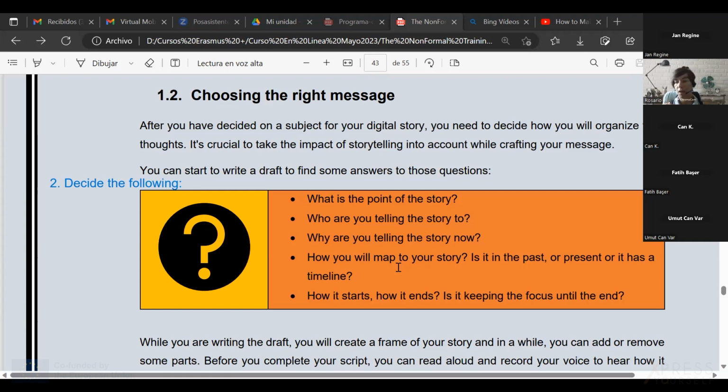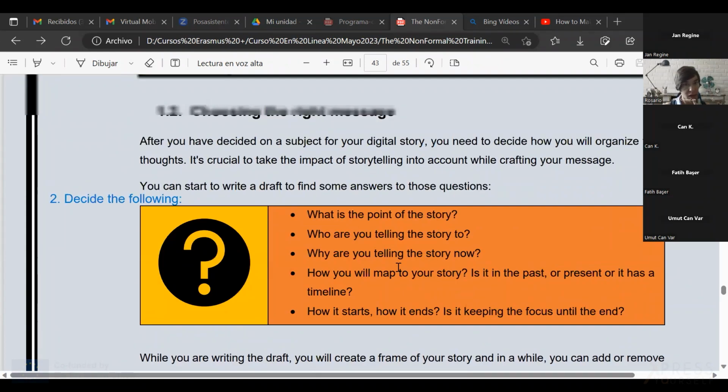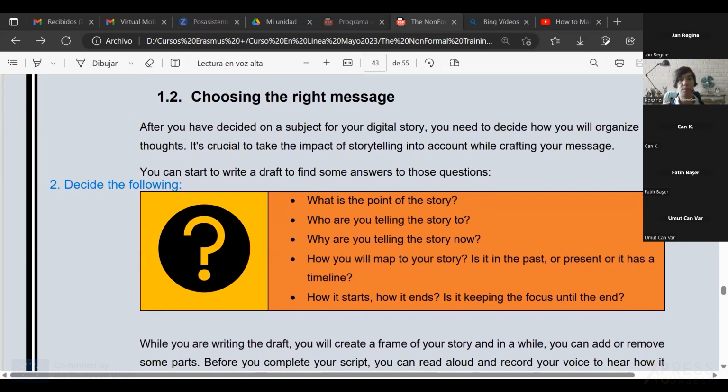So right now, I think it's good if we take a break, a 10 minutes break. Yes, let's take the break, 10 minutes break, and then we decide about choosing the right message. So I will let you know here.